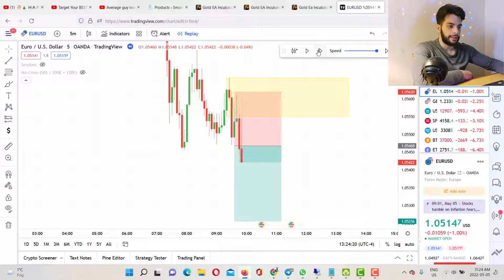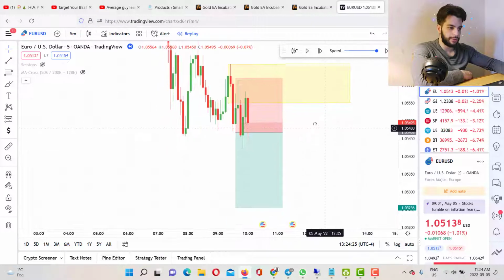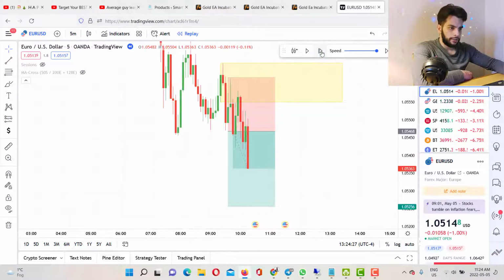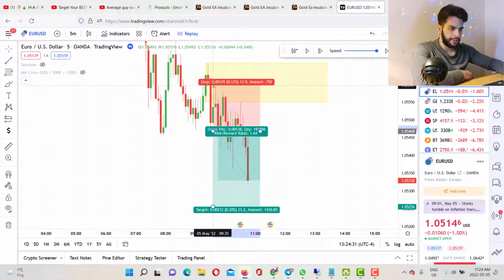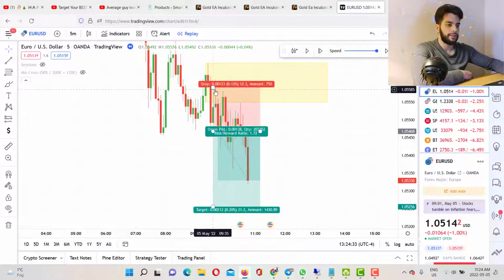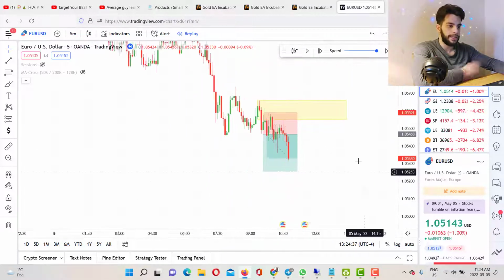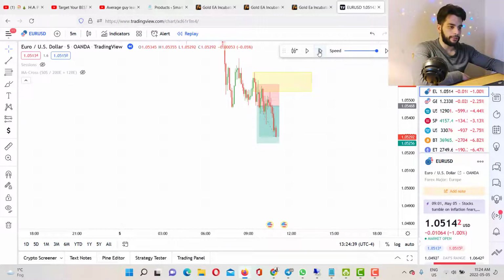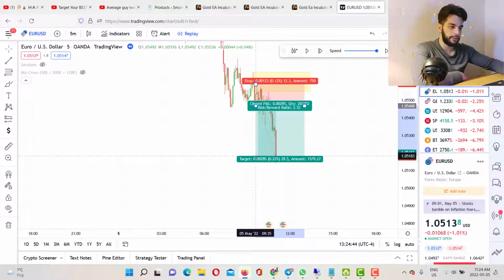It triggered that, and then it went up, and my stop loss was, let me see, yeah, my stop loss was right here. I think it was right here. My stop loss was right here, and this candle was about to hit my stop loss, and then I just left it, and it literally tapped my TP. So if I wanted to leave it, it would be almost